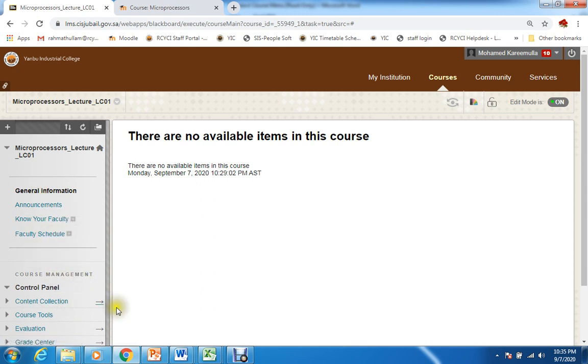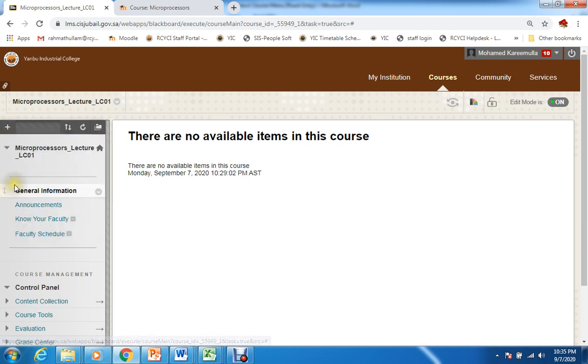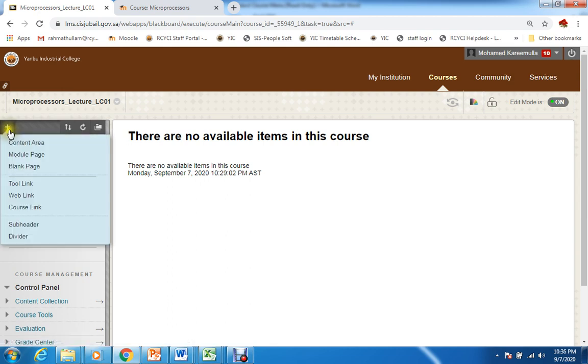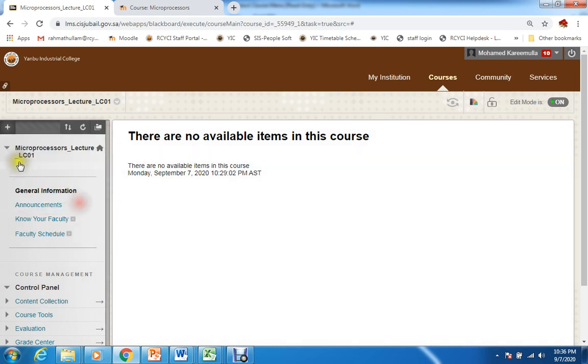So I created these items from two very important things. One is content area and another one is tool link. Whenever you say content area, what will happen? Whenever you choose the tool link, what will happen? Let's say for example plus. When I say content area, it will ask me only one name. What is the name? And make it available. But when you do the same thing using the tool link,